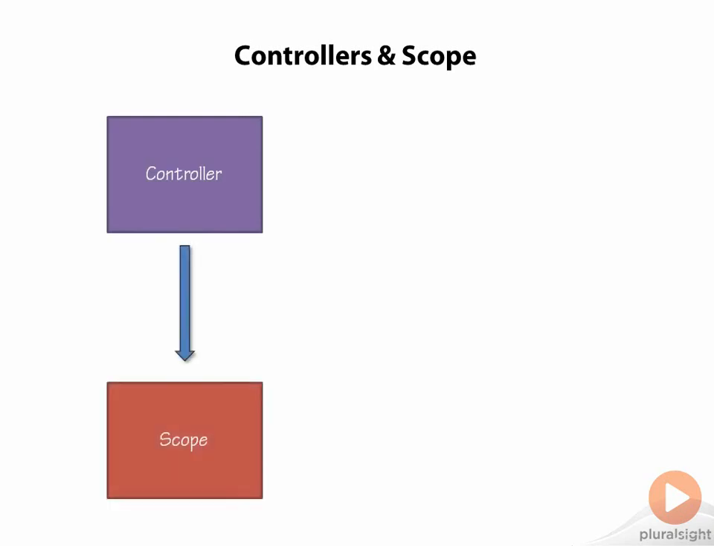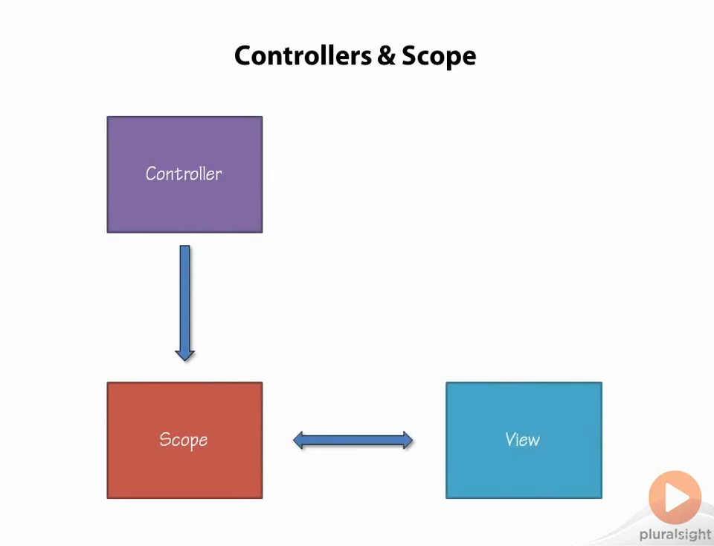In this section, we're going to talk about controllers, but we can't talk about controllers without talking about scope. So let's look at the relationship between controllers and scope. A controller's primary responsibility is to create a scope object. A scope object is how we communicate with the view, and the scope is able to communicate with the view